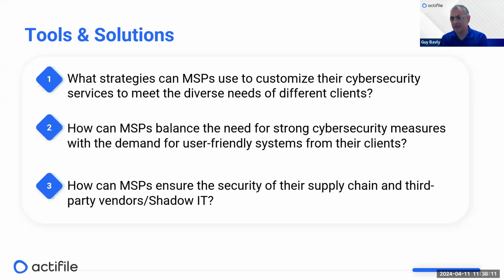I don't think that's the reality. I think IT in general and MSPs in particular, and by the way, in my background, I was an IT manager, eventually it doesn't stick. If it's not a user-friendly system, it will not stick.